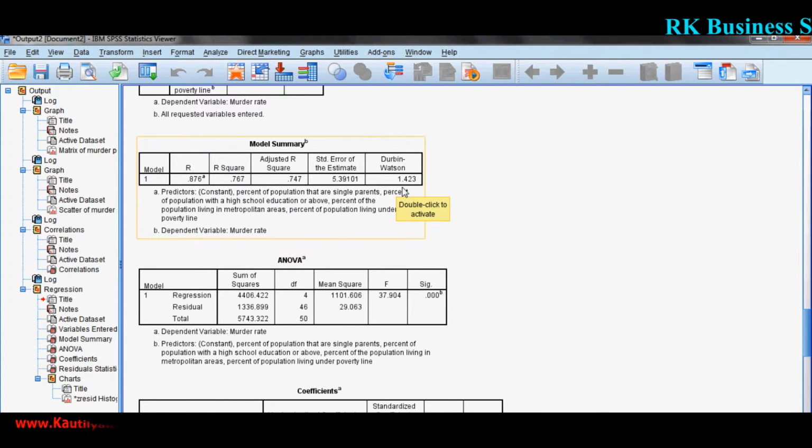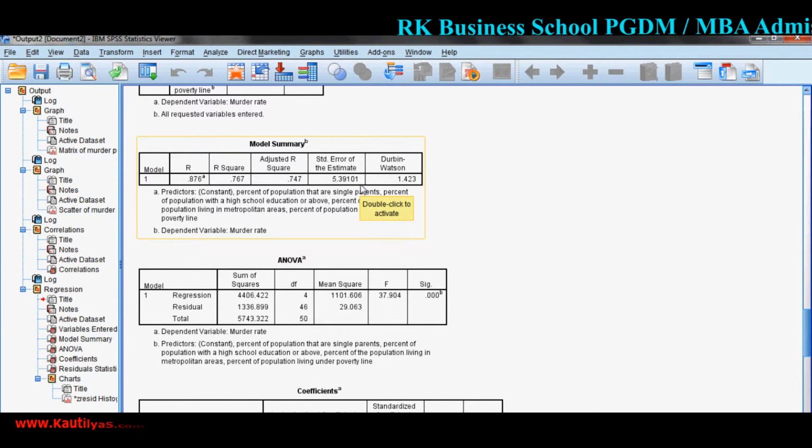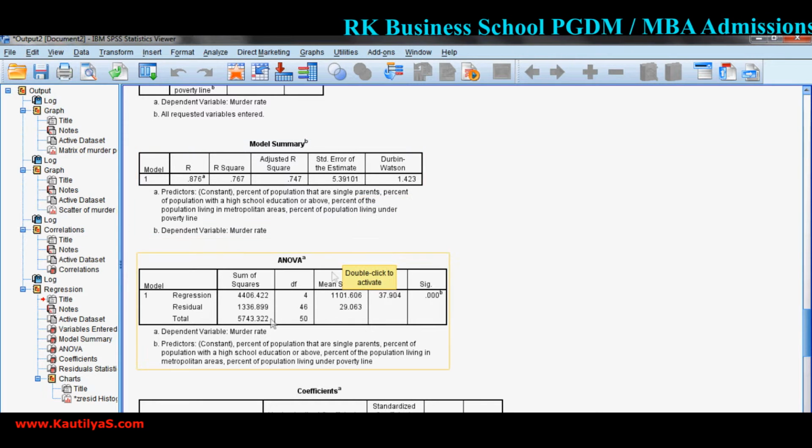If the Durbin-Watson value is 2, we can say that there is no autocorrelation, that means independence of observations. If it is near to 4, we can say that there is a negative autocorrelation, and if it is near to 0, there is a positive autocorrelation.